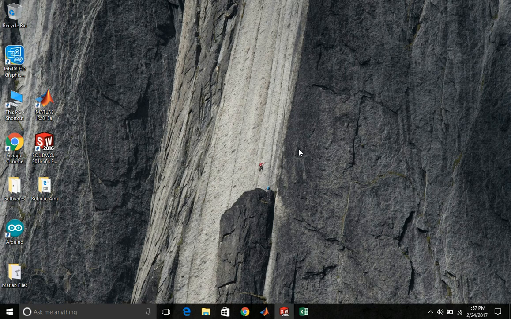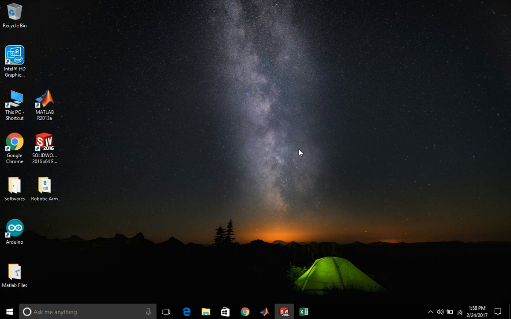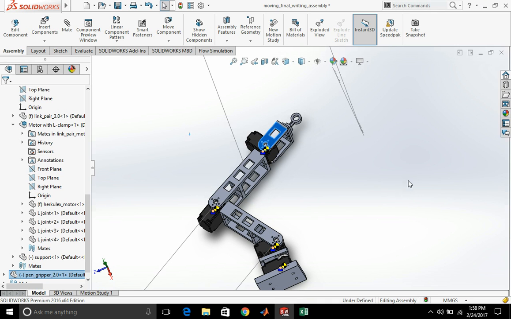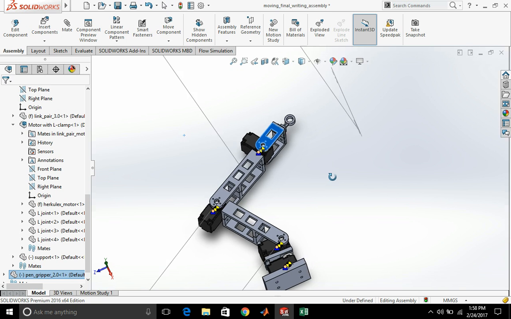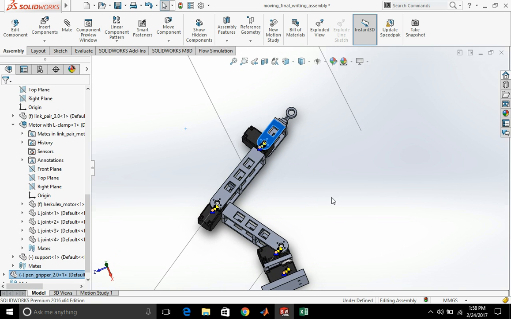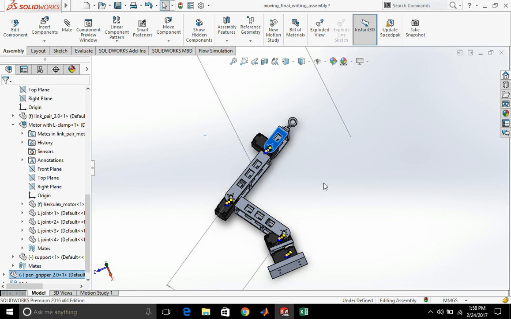Hello, so basically we are going to show the writing robotic arm. So this is my CAD model in which I have made a writing robotic arm using 4 motors. So this is basically a 4 DOF writing robotic arm, but this motor is only used for the lifting of